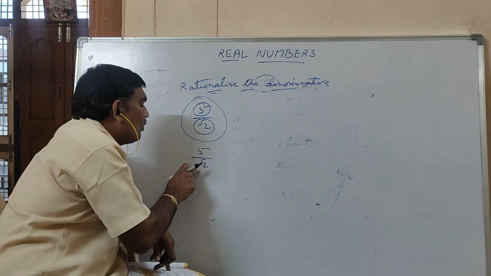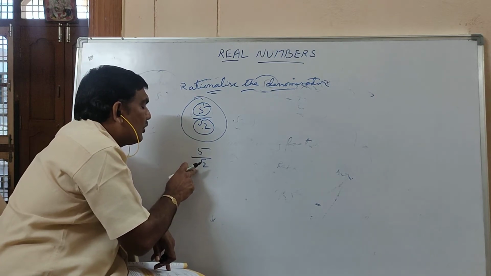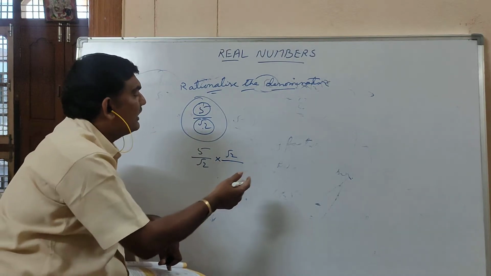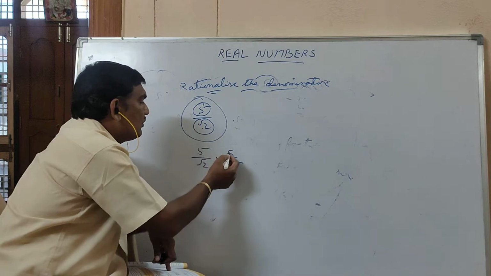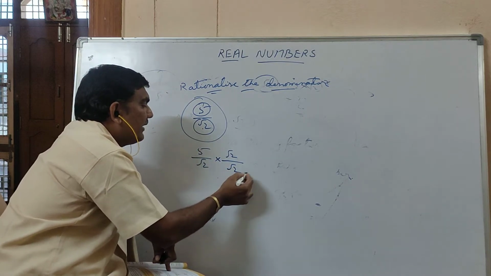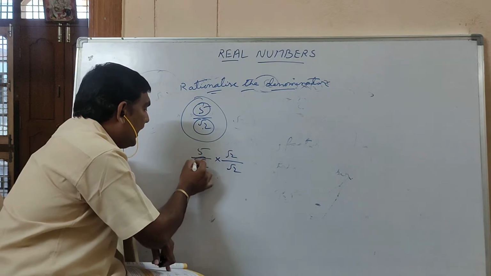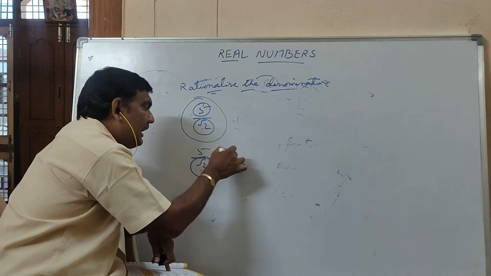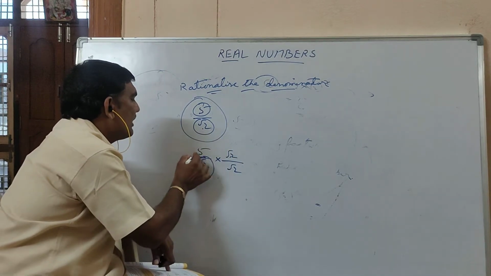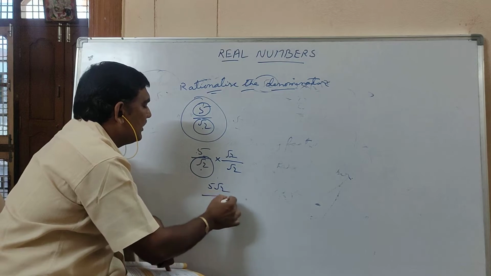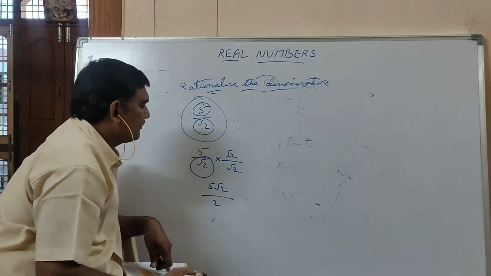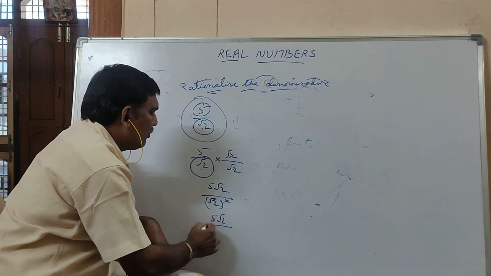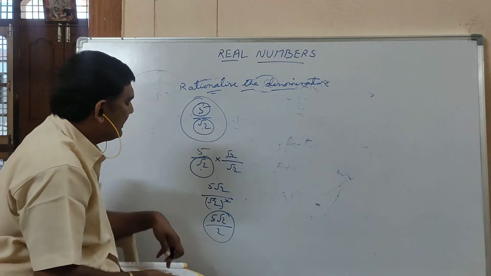So here, in the denominator root 2 is there. Its RF is what here? Root 2 only, the simplest RF. Just now I said it: RF for root 2 is root 2. With root 2 you multiply and divide. I took the denominator, its RF is root 2. With that I multiplied and divided. Numerator into numerator, 5 root 2 as it is. Root 2 into root 2 is 2. How do you get 2? Root 2 whole square. Square root cancelled. Means 5 root 2 by 2. This is the answer.